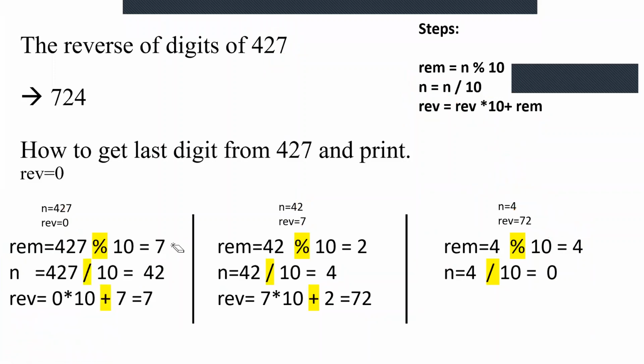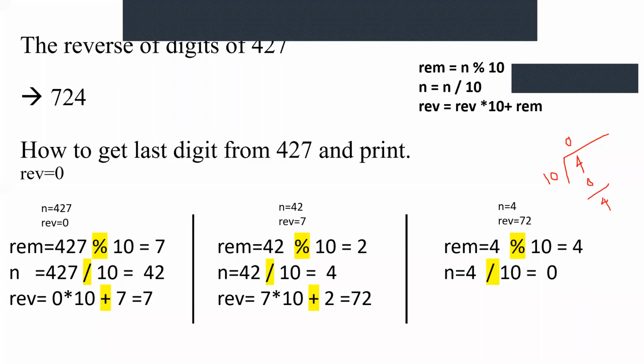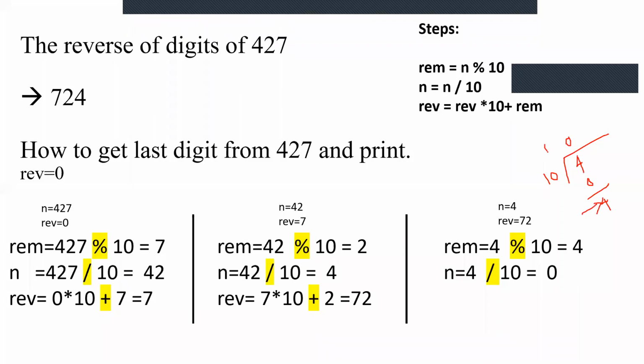When you divide a number by 10, so here, what is the step? 4 divided by 10. Some people used to get a doubt here. How many times will 10 go in 4? It will not go one time, so it will go only 0 times. So 10 into 0 is 0, right? So what will be the remainder? The remainder will be 4. Understood? Like this, we will be getting the remainder. This is the remainder and this is the quotient, right? We are giving the quotient into n.